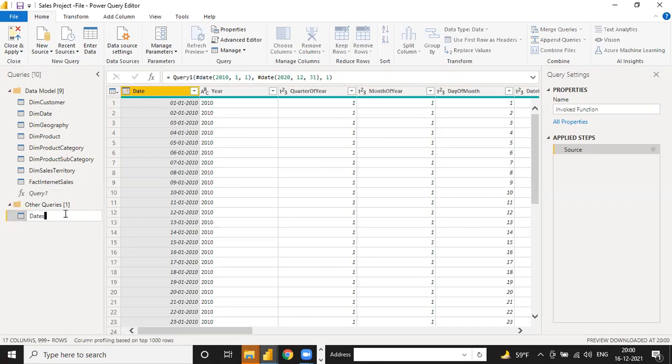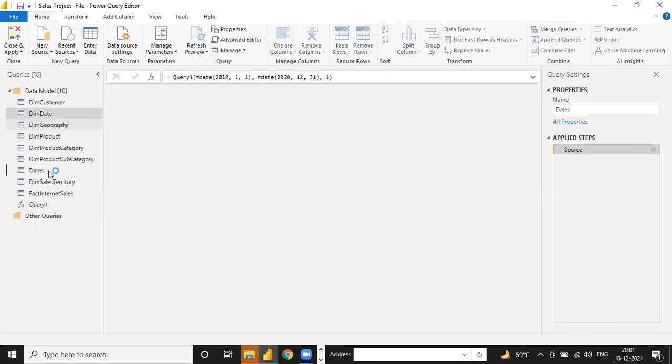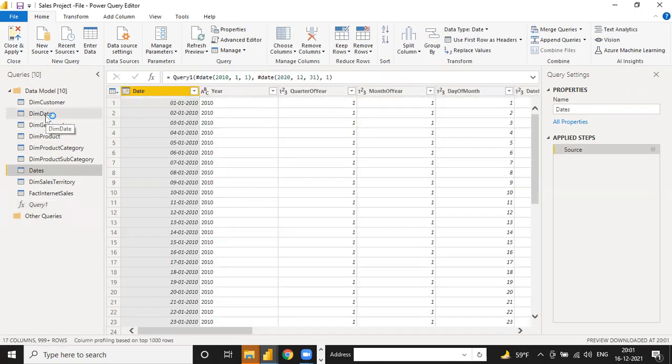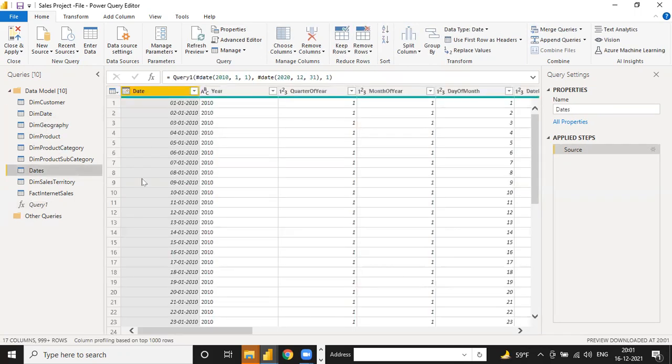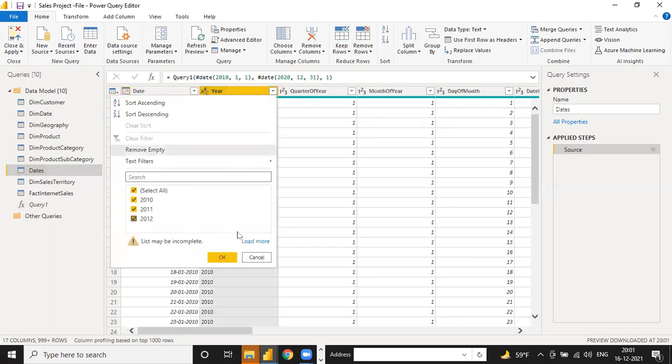If you are using the other date table, that is also okay. But you have to make the relationship from only one date table, either this one or that one, anyone you can choose. Suppose I select this table here, so we have a total of 2 date tables. In my opinion, whether I use this date table or that one, you can only use one date table, not all of them. And see, this is the range for 2010 to 2020 automatically.